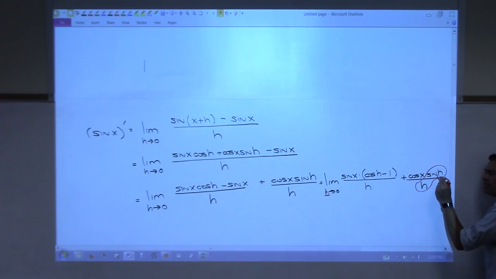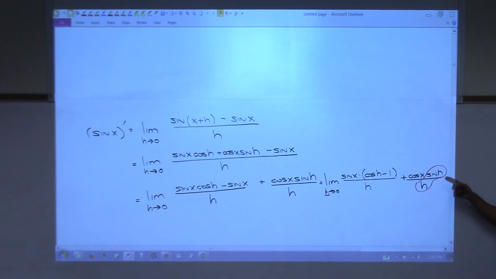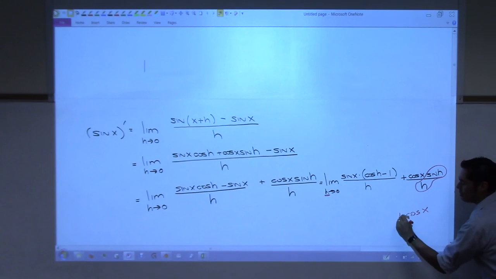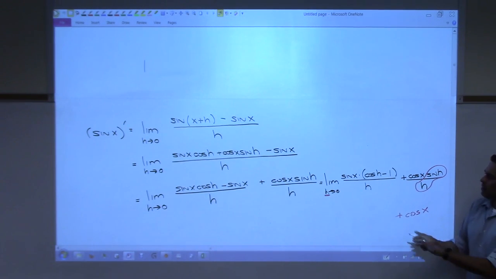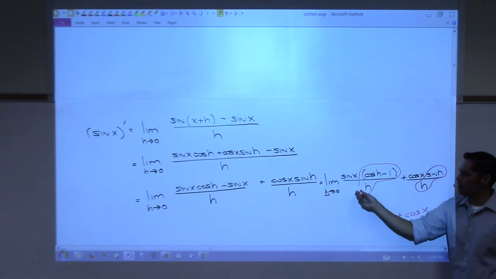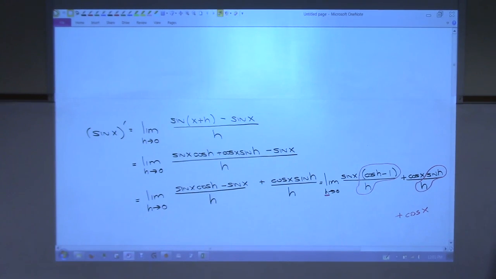So if I just look at this, sine h over h, that's sine junk over junk. The junk matches. Are they both going to 0? Yes, so that in red is going to go to 1. 1 times cosine x? Cosine x. Okay, plus, now what about this one? Remember, the only thing impacted by the h is this right here, right? That goes to 0. Okay, so remember